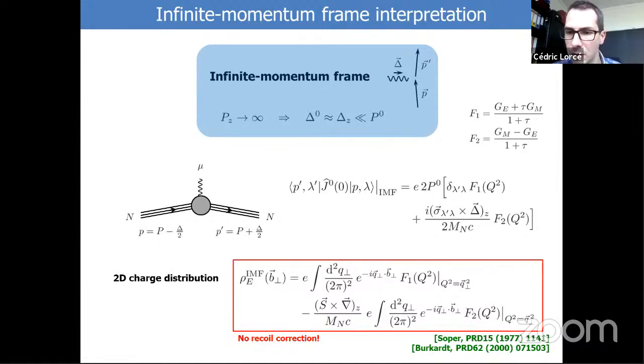And you can even think in terms of square of wave function. You can really think of F1 and F2 as written in terms of square of a wave function, but not the wave function of a proton at rest, but the proton moving with the infinite momentum, which means moving with the speed of light. So this is very interesting to have no recoil correction compared to the Breit frame. And that's why for about 20 years, some people were pushing, saying that maybe we shouldn't use the Breit frame, but we should use the infinite momentum frame. And then instead of using the GE to describe the charge distribution of unpolarized target, we should use F1.